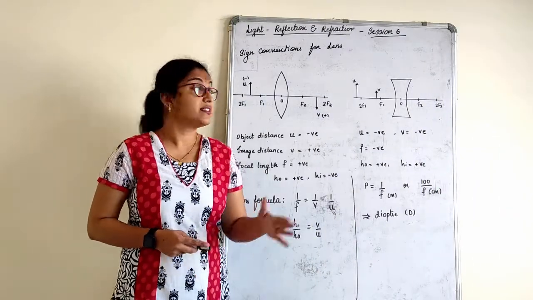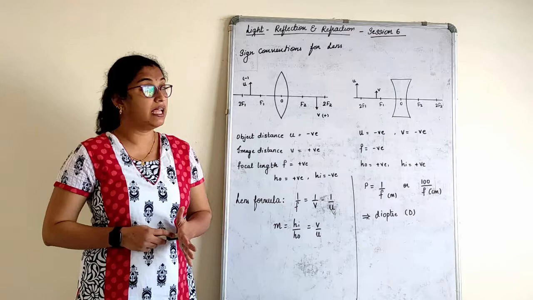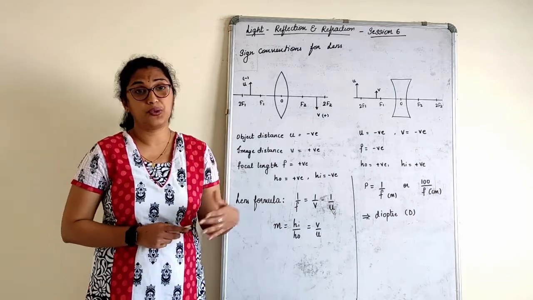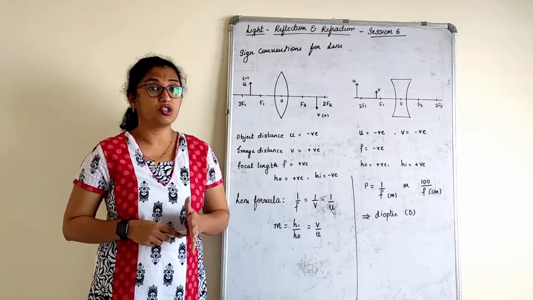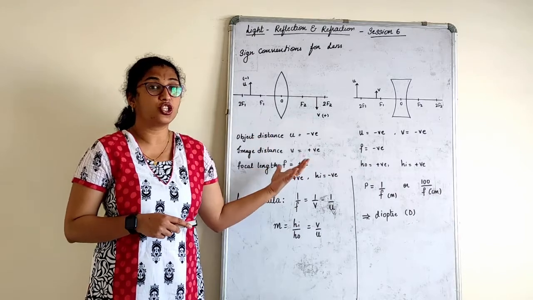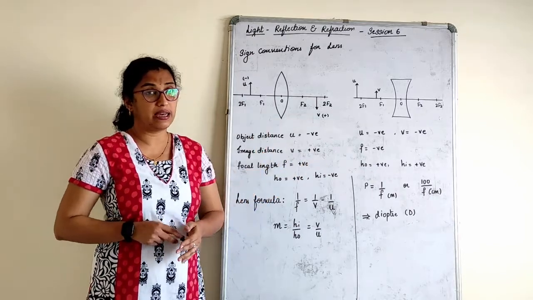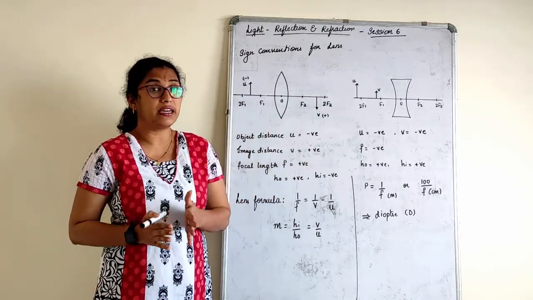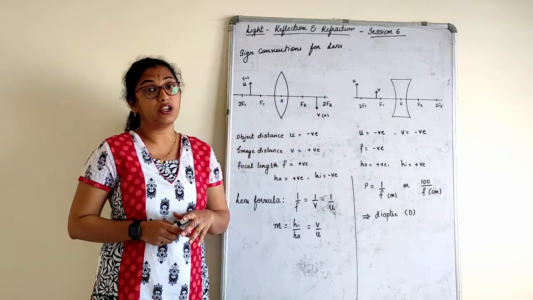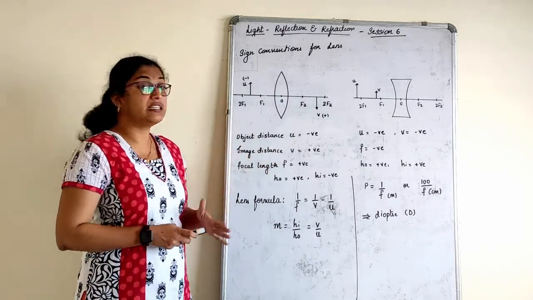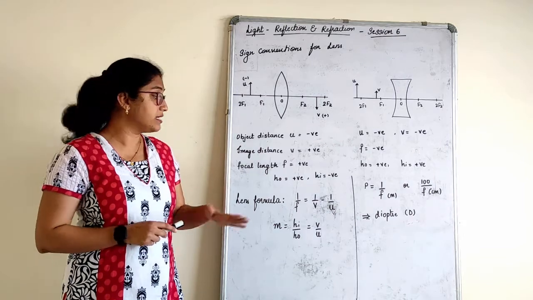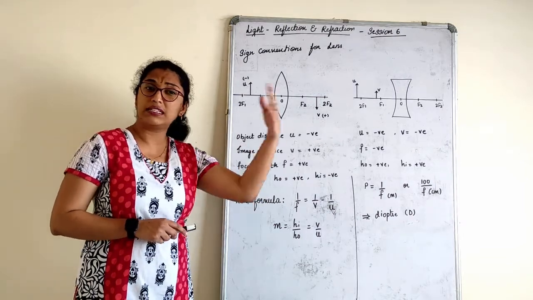Good morning. We will start session 6 on the chapter Light, Reflection and Refraction. In our previous session we understood refraction and refraction through a lens, how it actually happens. We also completed the ray diagrams for convex and concave lenses. Now let's understand the sign convention for the lens as well as the lens formula, the same way we did